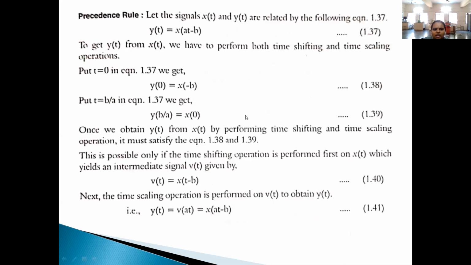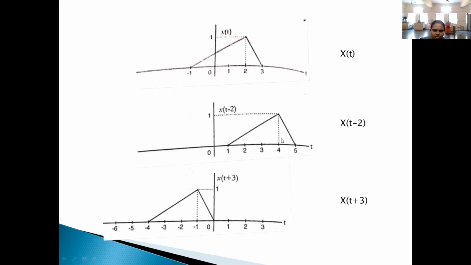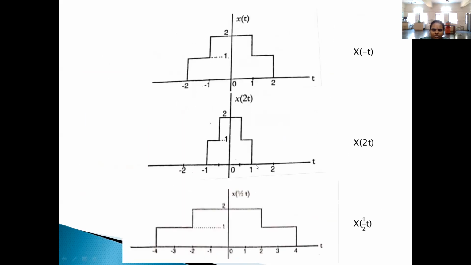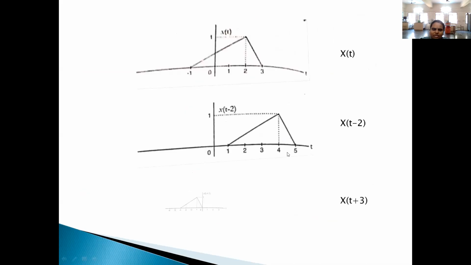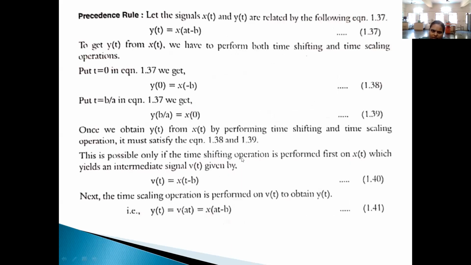Next, we come across how scaling, shifting and reflection are done. In each case, what we took was different. Here we do only one operation, that is shifting. Here also shifting. Here we change for the scaling operation only, but in some conditions we have to do shifting, reflection, and also scaling together. How can we go step by step? This is given by the precedence rule. What is the rule telling us?